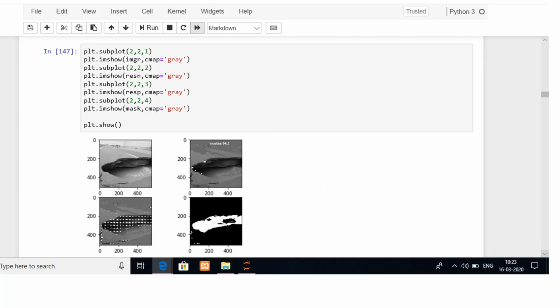This is a sample pothole image taken as input. As we can see in the third image, the disparity is identified as white dots, which means there is some pothole. The fourth image is just the same as the third image, but in black and white for better visual representation.